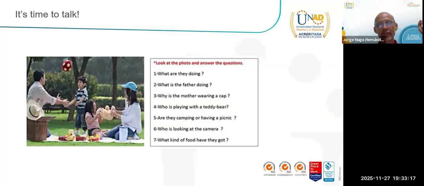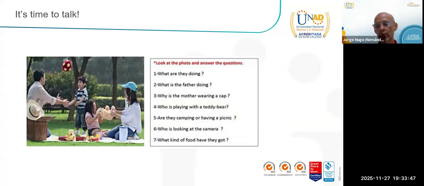Number 5, are they camping or having a picnic? Okay, you can say that this is a traditional family, and they are doing something very traditional in the United States, in the United Kingdom, in France. I don't know, you can say anything. Remember that when you are describing a picture, when you are doing an exercise like this, you don't have to say